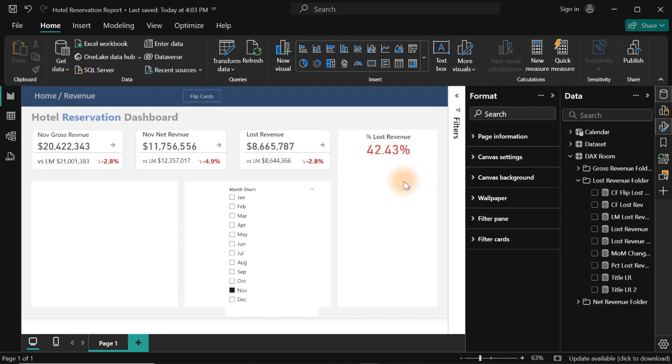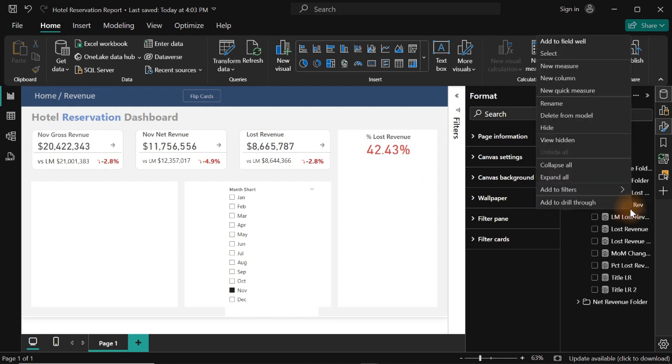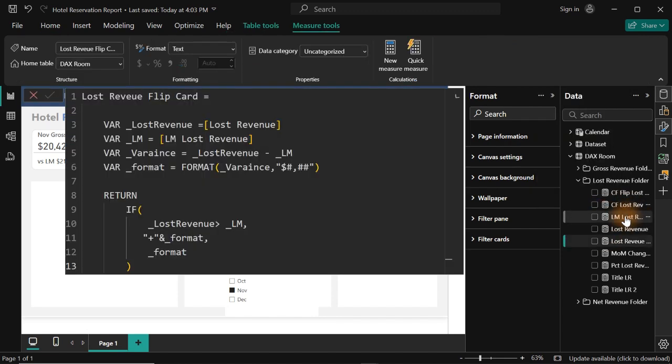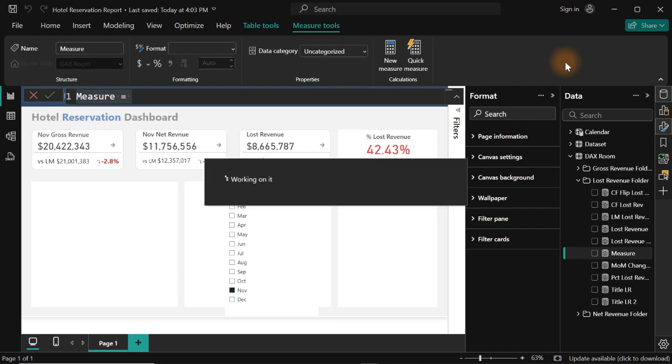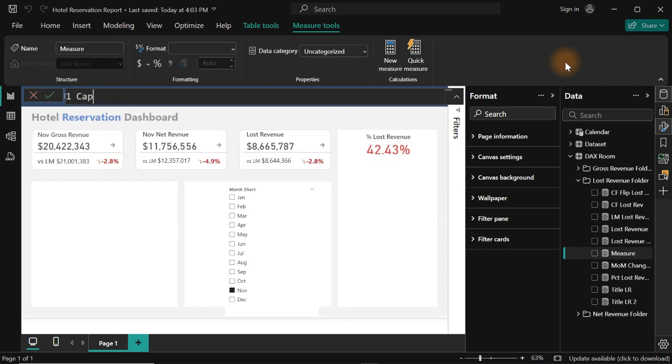The next thing is to add a commentary or caption, whatever you want to call it. So let us use a commentary. Over here, you right click and create a new measure inside your lost revenue folder. So create a new measure. This could be set by the company you're working for, or the management, or your manager can get this done. Let me show you what I'm trying to do here. It's going to be caption,